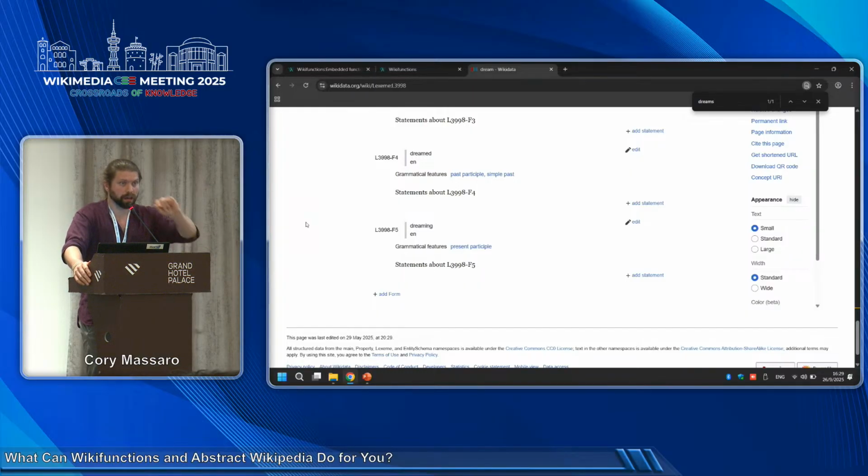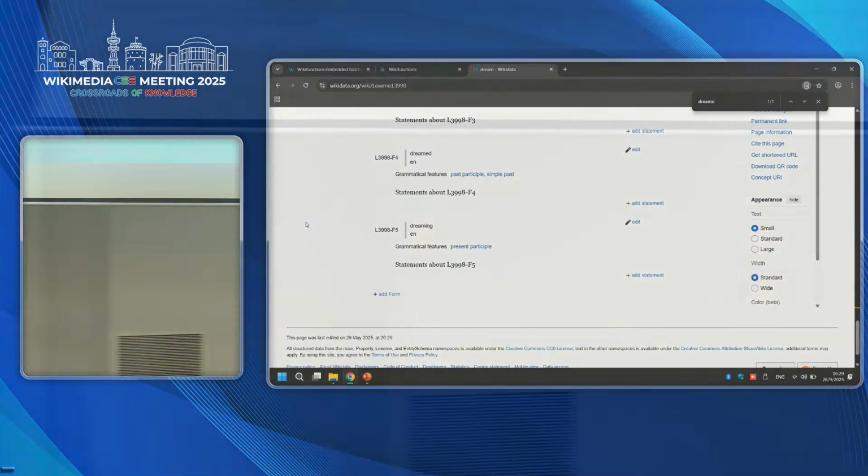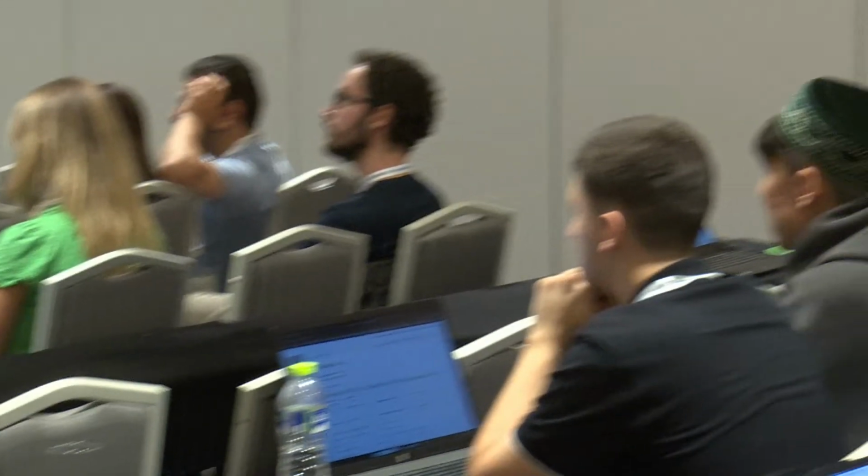Good question. Yeah? I will continue if I can. So if I understand the concept well, for building up a natural language article by this technique, you need wiki functions, which have to be created in many languages because the grammatical system can be different. You need lexemes to use the words.